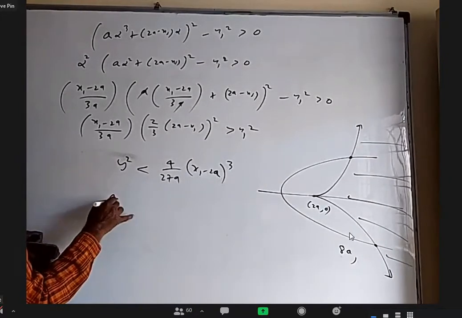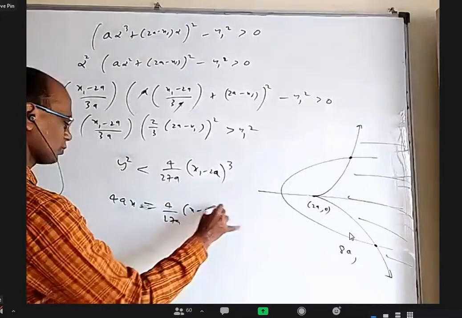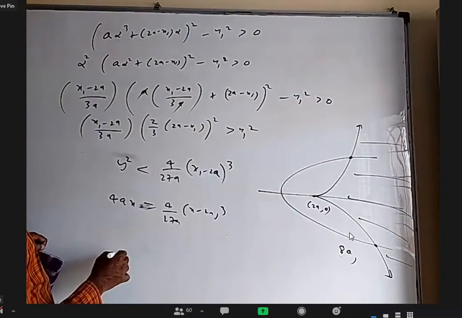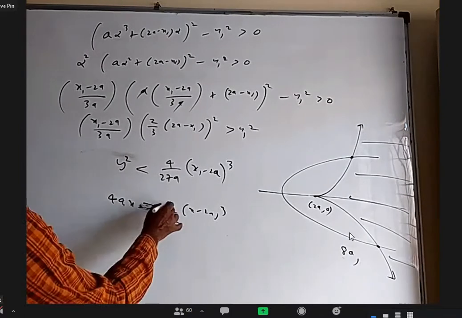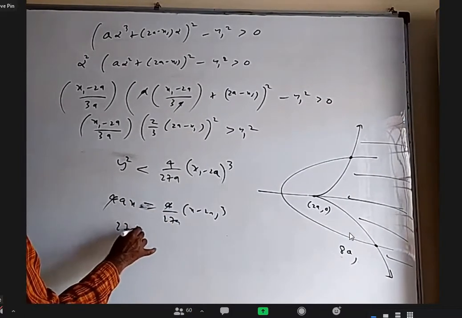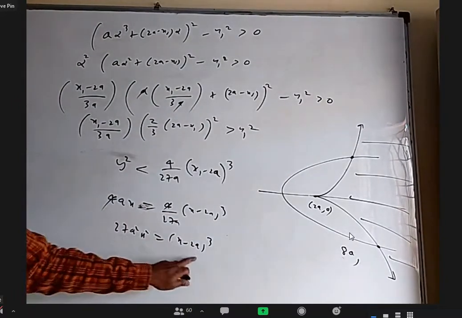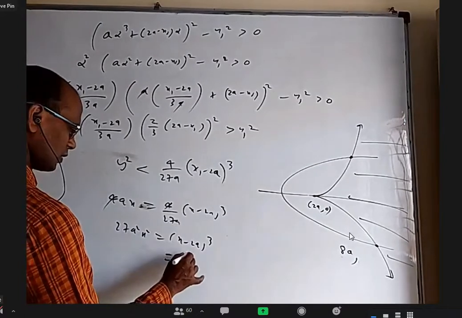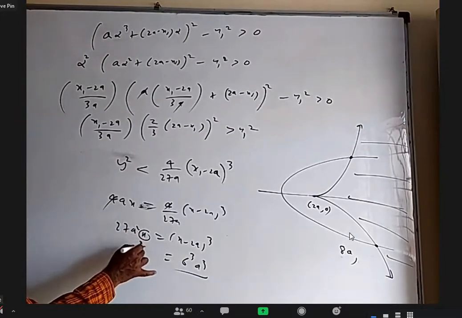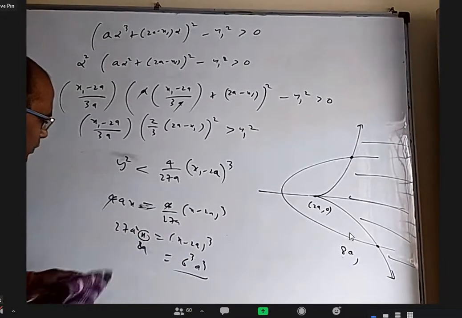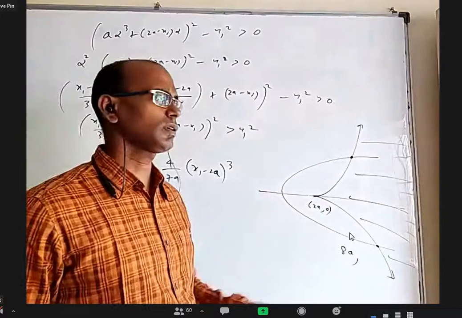Substitute here y square as 4ax. What will come? 4ax is equal to, let us take, 4 by 27a into x minus 2a whole cube. What is happening? y square I substituted 4ax, so I'm looking for the x value. 4 and 4 will cancel. 27a square x equals x minus 2a whole cube. Is 8a satisfying? 8a minus 2a is 6a, so I'm getting 6 cube and 8 cube. This is x. If I put 8a, is it satisfying? This is 3 cube, this is 2 cube. Yes, everything's fine.